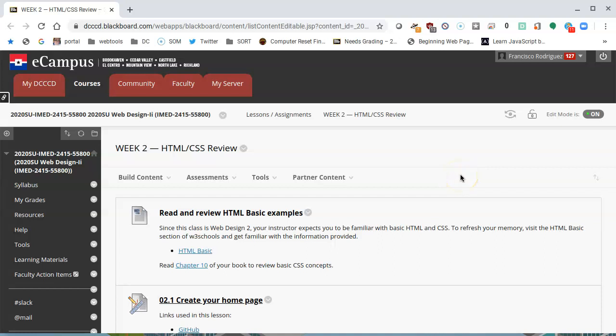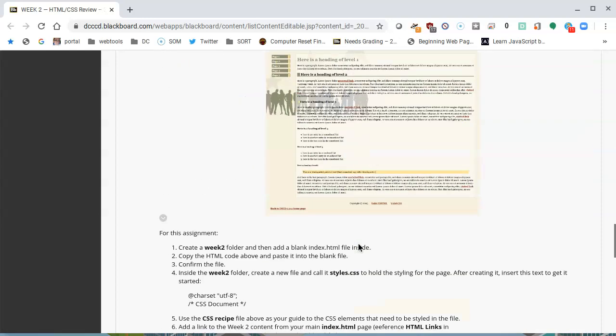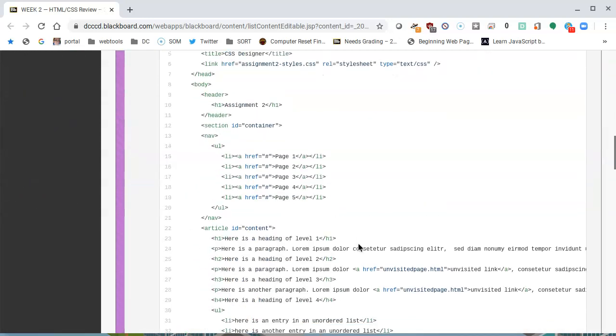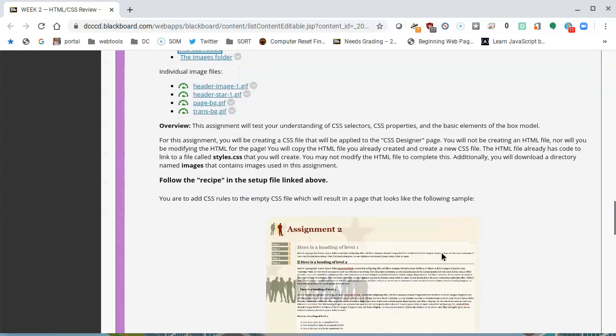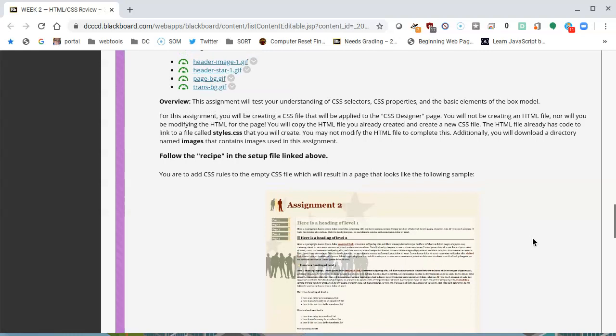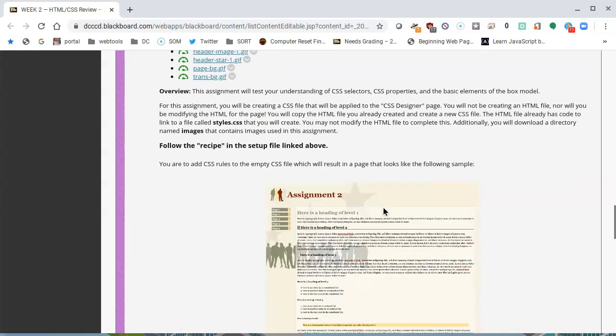So far, I've been guiding you along this exercise for week 2. The 02.1 exercise we've already done to create your homepage, and the one I'm guiding you through is 02.2, the CSS Designer, the CSS review exercise that will eventually look like this image here. It's going to be yellow back. So far we have started on the recipe, we have uploaded some images, and we're just getting the rest of